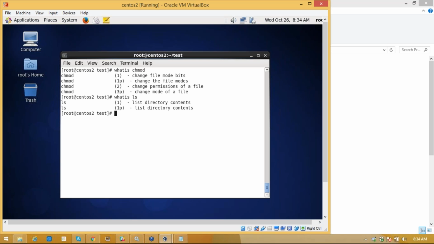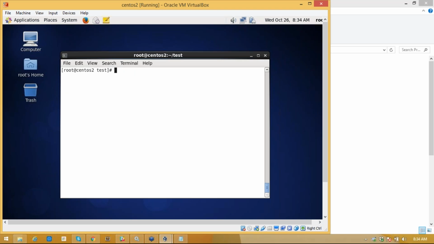What is ls? The directory contents, whatever files or directories are in that directory, it will list them. Suppose you want to know where exactly a command is located. You can say whereis ls. The ls is located in these directories, or else you can say which ls.